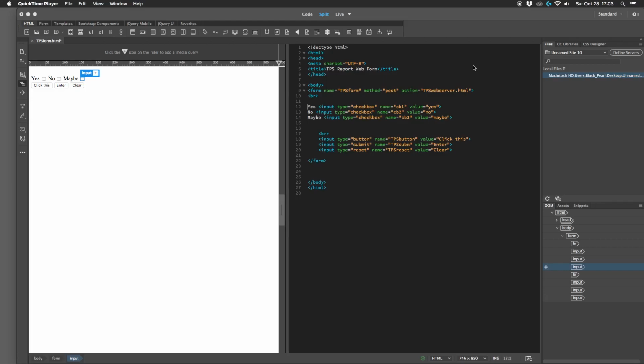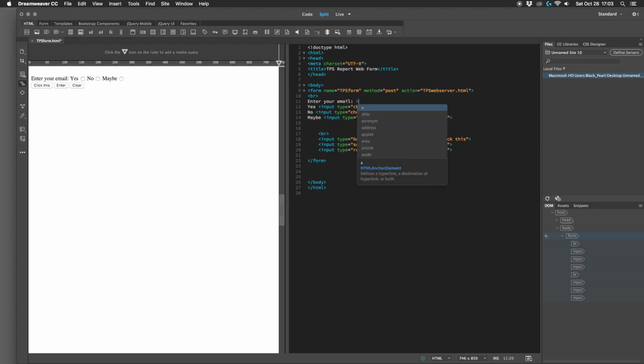Okay, now let's look at some of the ways we can improve the layout of our web form. So we have the TPS web form page open here in Dreamweaver, and our checkboxes for yes, no, and maybe. So let's put in an actual question here for them to answer. First, let's say enter your email, and then let's do